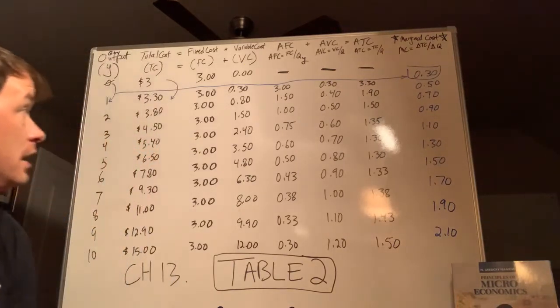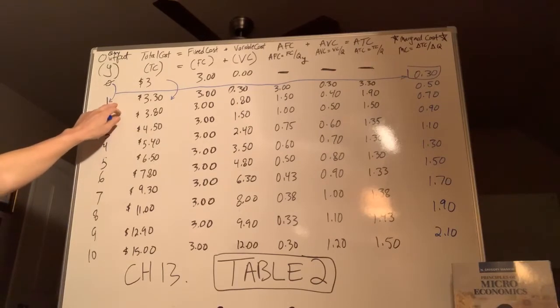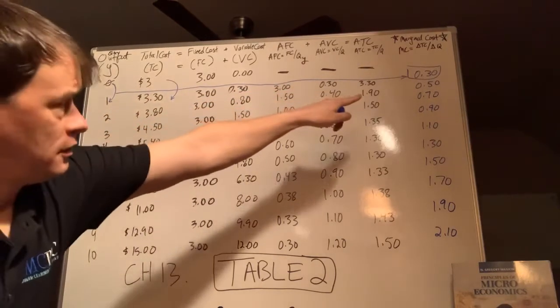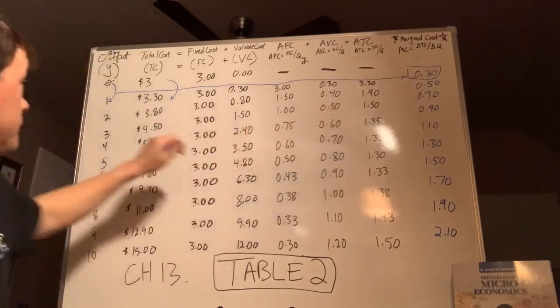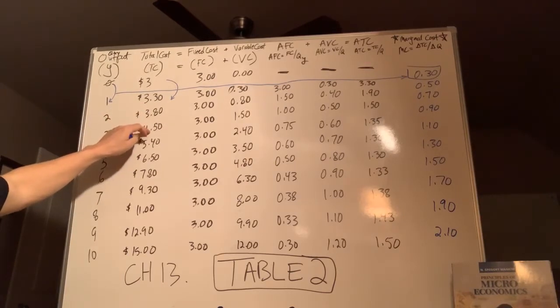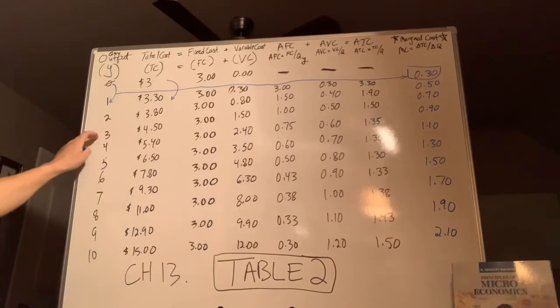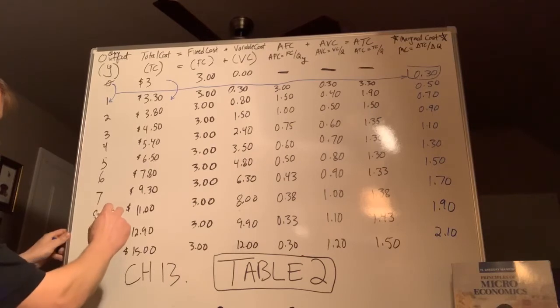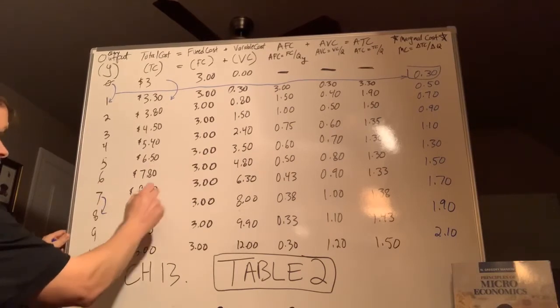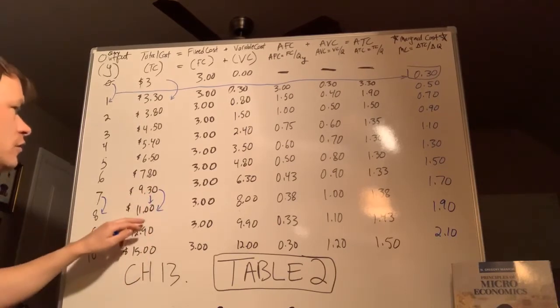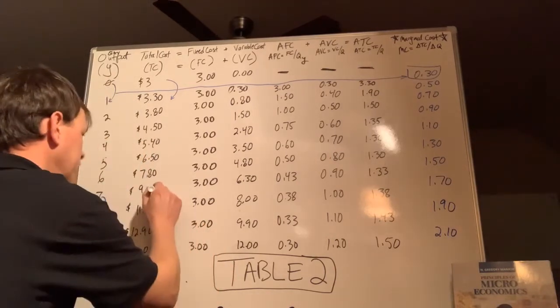All right. Now, let's go on and do this. So if we move from 1 unit of production to 2 units of production, we move from $3.30 to $3.80 in terms of total cost. Guess what? Marginal cost goes to 50 cents. 2 to 3, $3.80 to $4.50. Marginal cost 70 cents. 3 to 4, so on and so forth, 90 cents. Let's jump down here to 7 to 8. If we go from 7 units to 8 units, we just went from $9.30 to $11. That's a difference